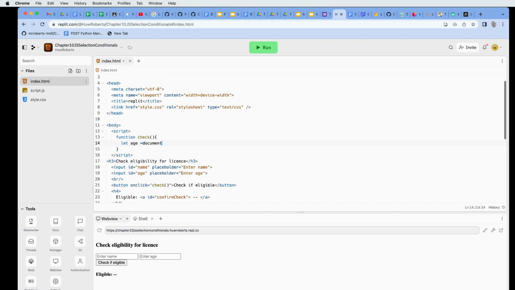document dot get element by ID, and then we need to see the name of the element, which is, we've called it age, and then we need to grab the value of that. Value is referencing a text input box, so the value, and then put in the semicolon,